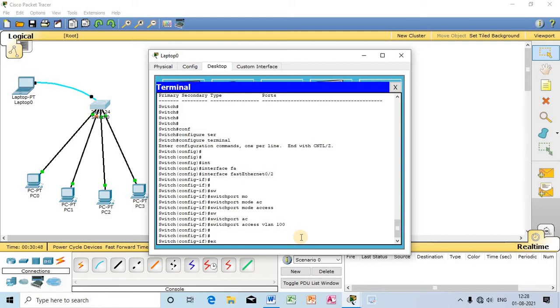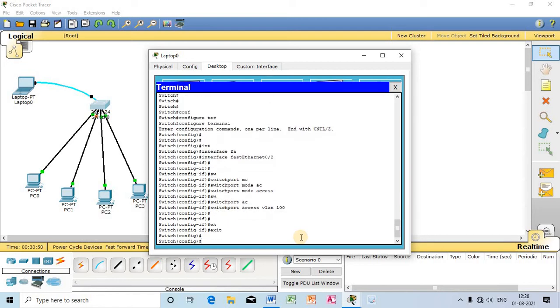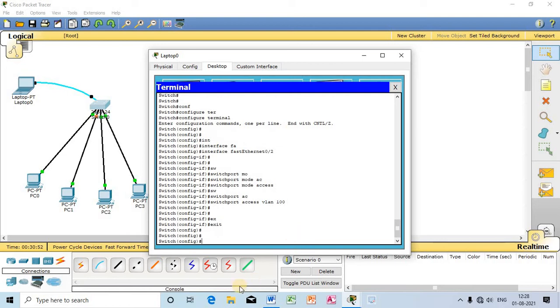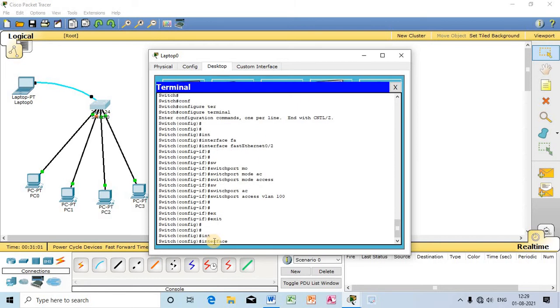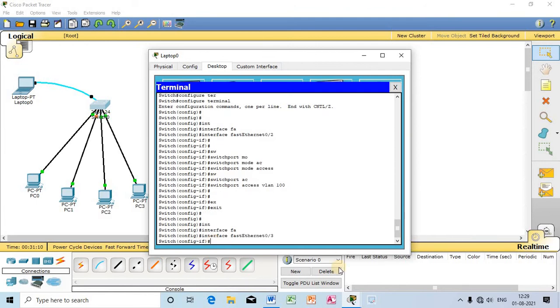Again I will use the exit command. So again I have moved backward to config mode. From config mode again I will move to interface 03. So again I have moved to this interface. Watch out, the symbol changed.